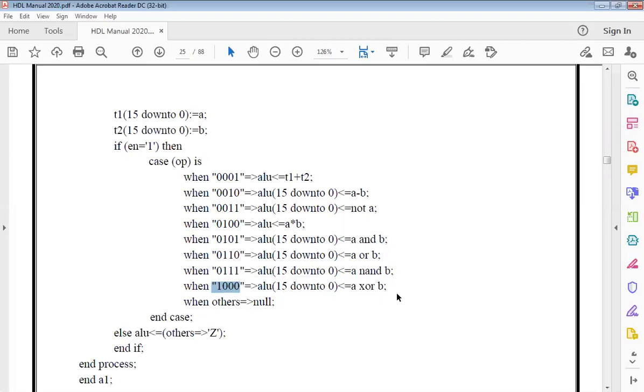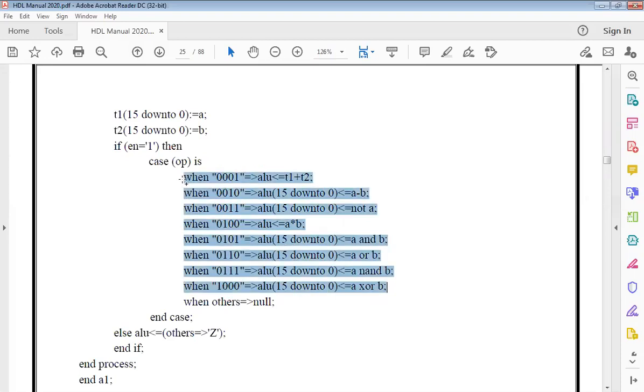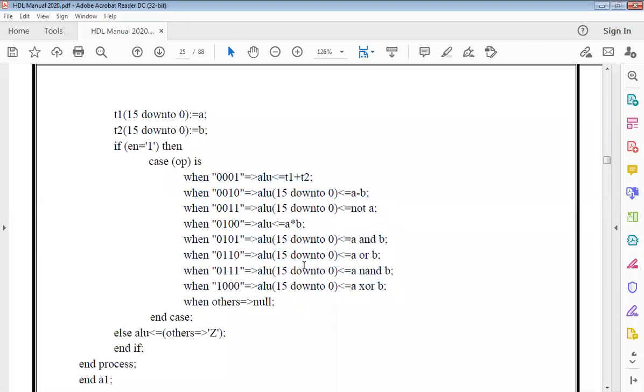For example, NOR is left out here, right? So these are just some template codes, which you can understand and see how it works. Based on the question in your examination, these can be altered or written. Say we give an ALU which performs logical operations.